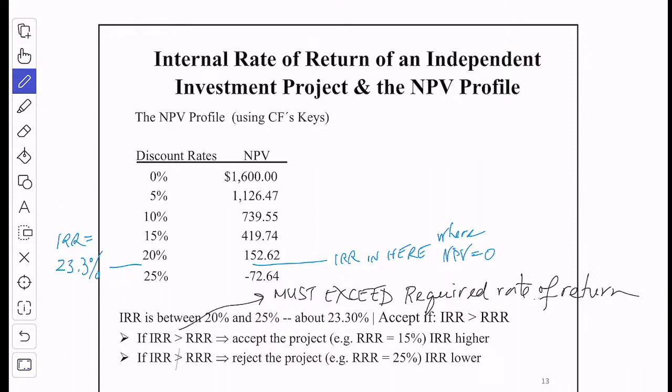And it is 23.3%. All right, so let's now generate this table here that's called the net present value NPV